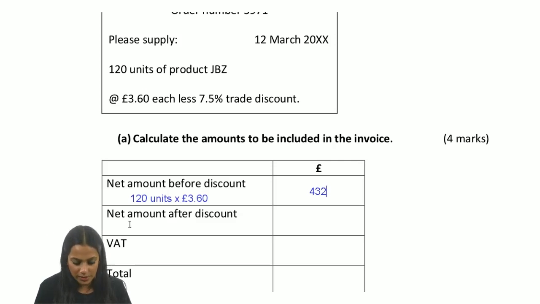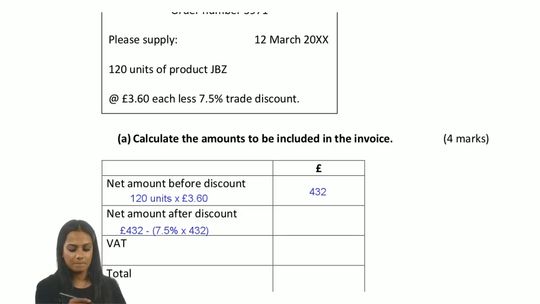So as we are calculating this, we take £432 and we minus 7.5% of this. So that's going to be 7.5% of £432. Okay, so make sure that if you're using your calculator, you get the percentages correct as well. Instead of putting 0.7, you might accidentally do 7.5, when the actual amount should be